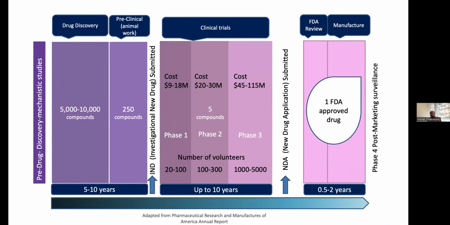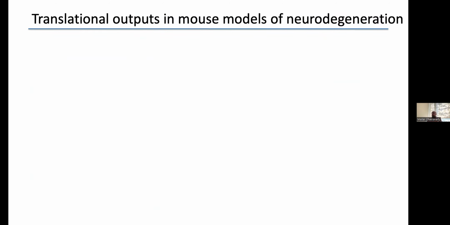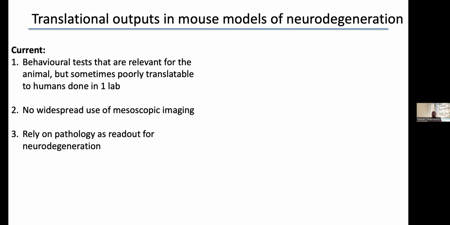The second thing we want to do is be able to be more cost effective when you get to this phase, so you have an idea of what may work and what might not work. And so right now, what we see in the preclinical space is that there are behavioral tests that are relevant basically for the animals, and to be honest, a lot of the behaviors that I showed earlier on. So for example, you think of the open field test, right?